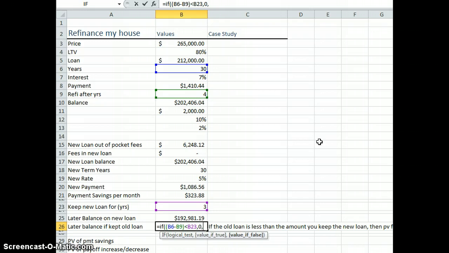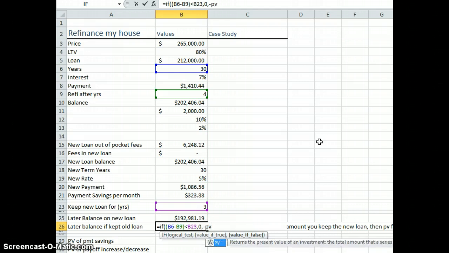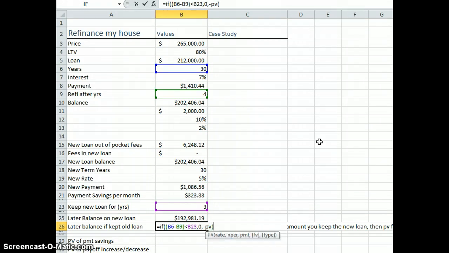And then for the value of false, we have to take the present value of this first divided by 12, and then we have to do